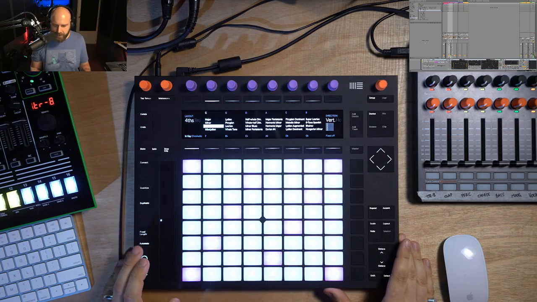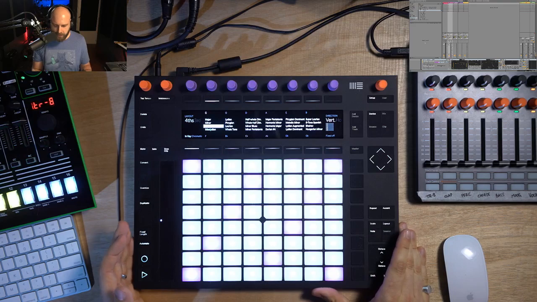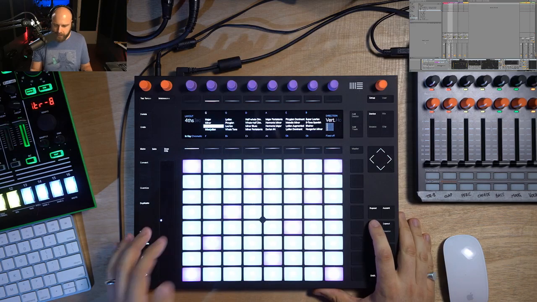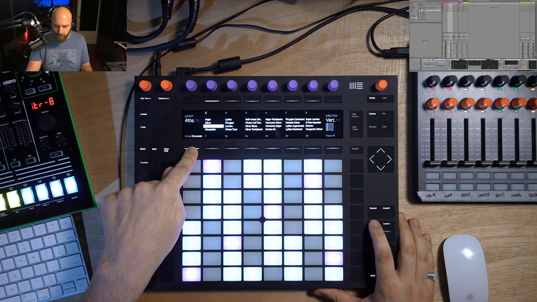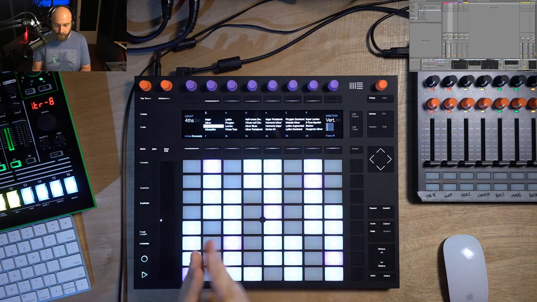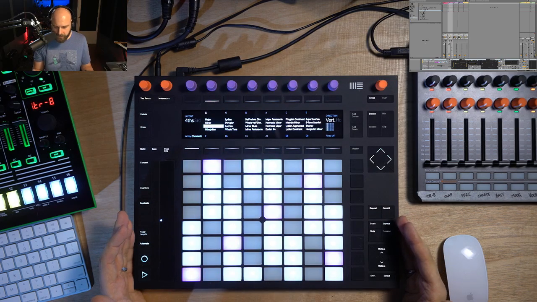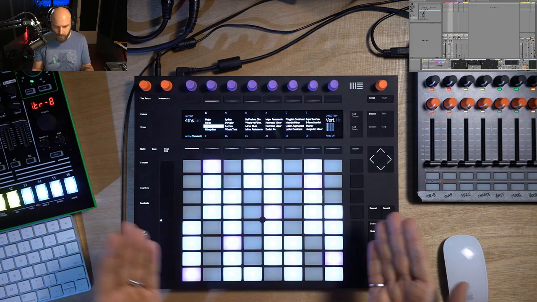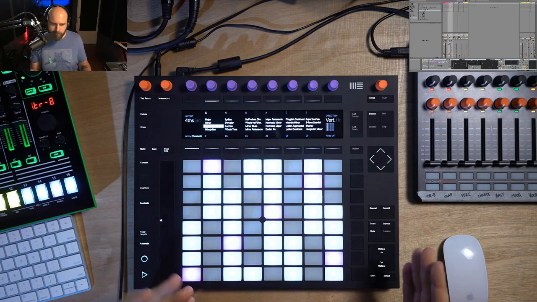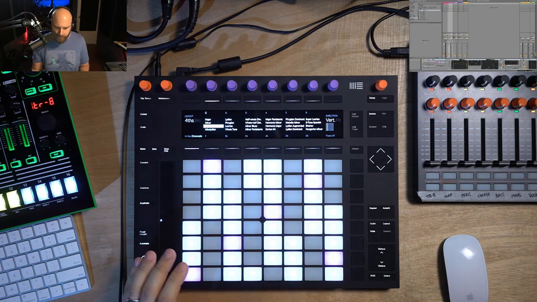Some stuff is going to sound better than others, but it's a really good place to experiment if you're just getting started. I like to use the chromatic mode, which means that I have full access to the complete chromatic keyboard. And if I want to break out of the scale, I can,